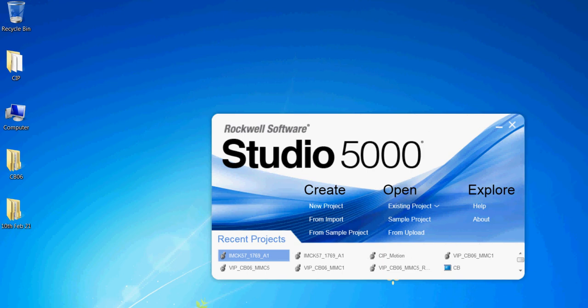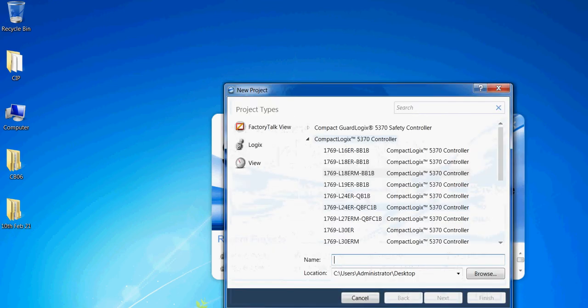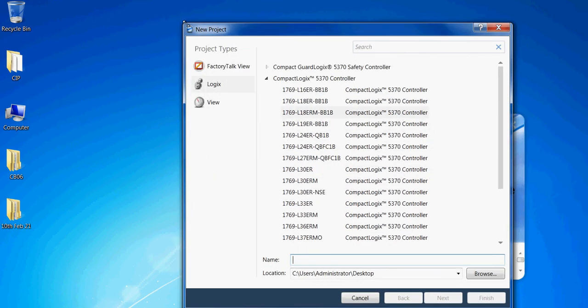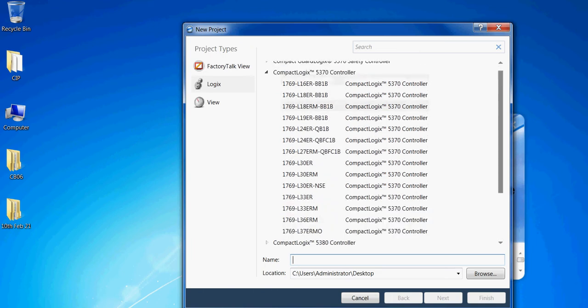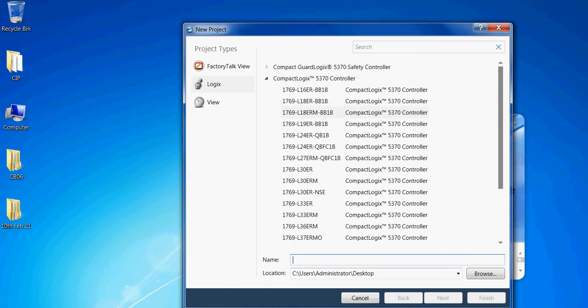Now we have opened the Studio 5000 Designer. Now to create the new project here, you can see the multiple controllers over here. You need to expand the CompactLogix 5370 controller and select the 1769-L18ERM-BB1B as your controller.